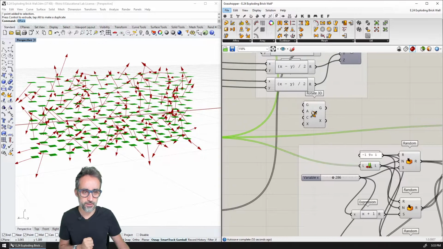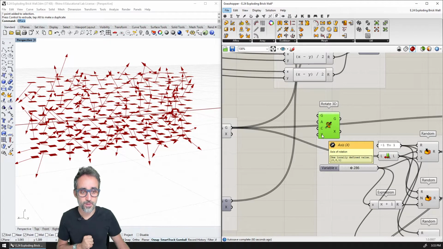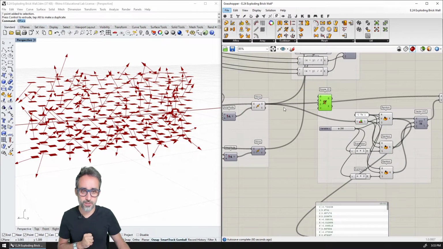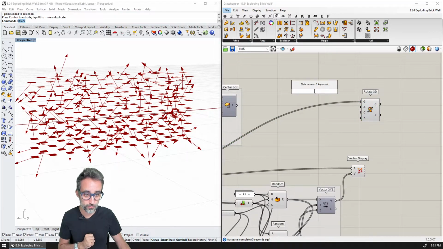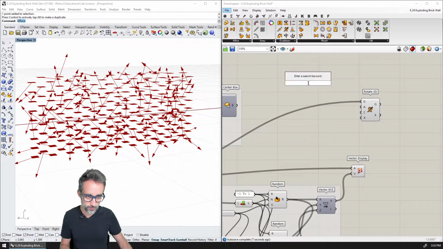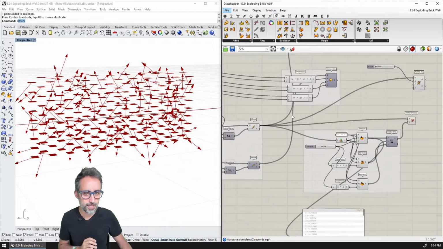Which gives me the option to rotate a particular geometry with a particular angle, around a center and around an axis of rotation. So, what is the geometry that I want to rotate? I want to rotate the plane. What is the angle? For the time being, I'm just going to drop here a slider. We will improve this in a second. So that's going to be whatever. And then the center is going to be